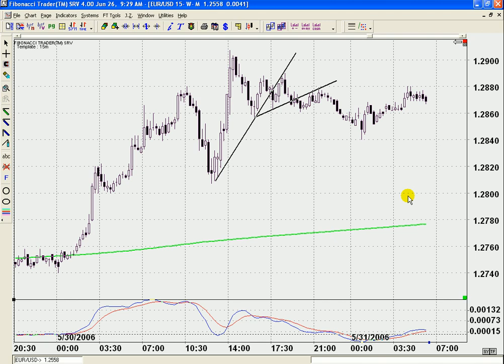And I do use the Tom DeMark trend lines somewhat sparingly because I can usually pick up on it anyway. And I don't really have a multitude of these trend lines splashed all over my chart. I really only will put in the ones that make sense. First of all, let's just go over the drawing of a Tom DeMark trend line just so we can see